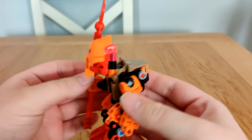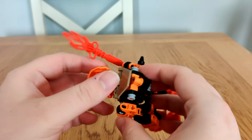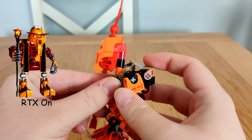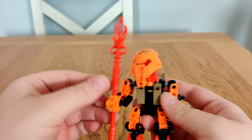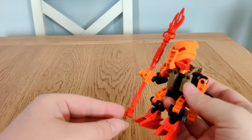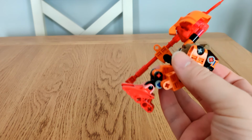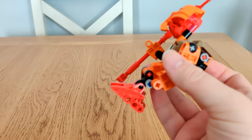There's the equivalently more sort of movie-styled cape. The staff has been extended a little, just in line with the proportions. I ended up having to use the out-of-focus Borok feet instead of the...